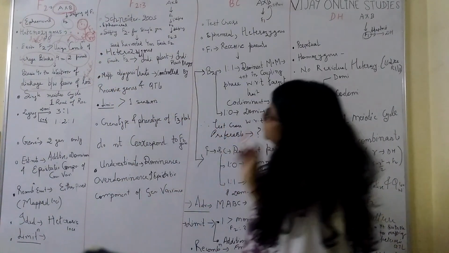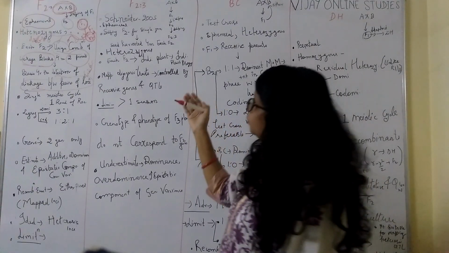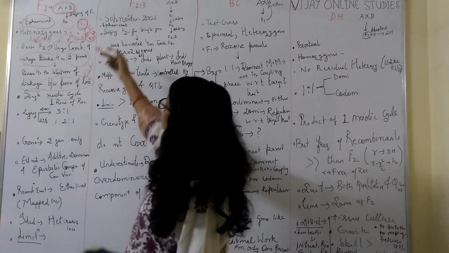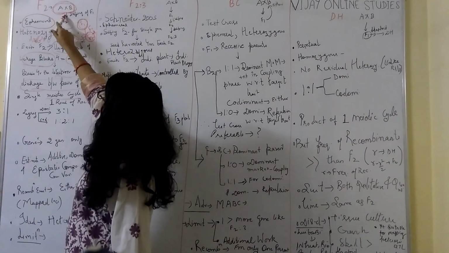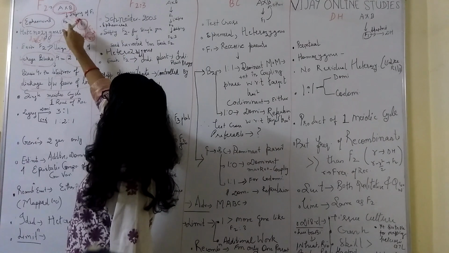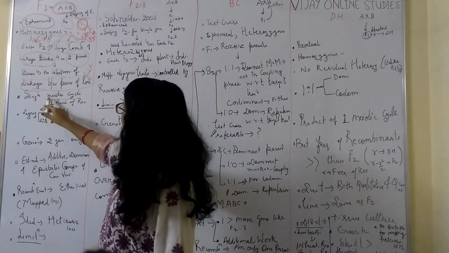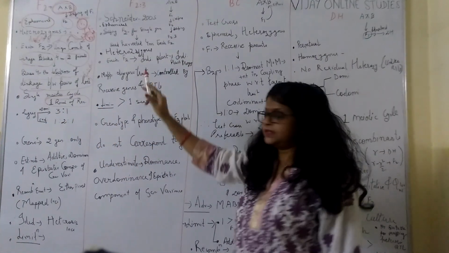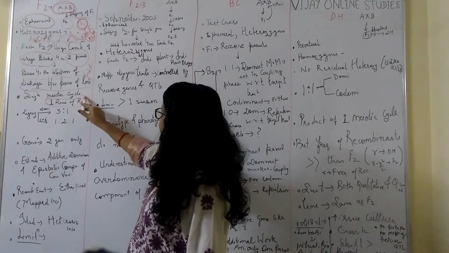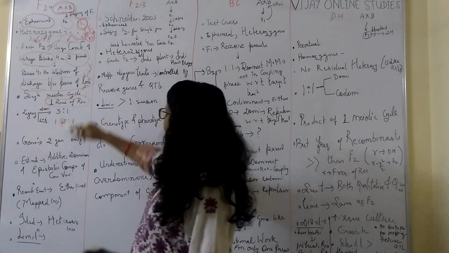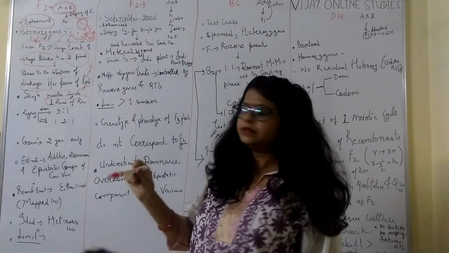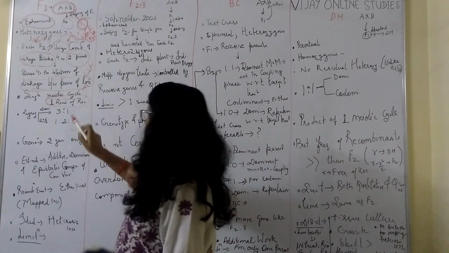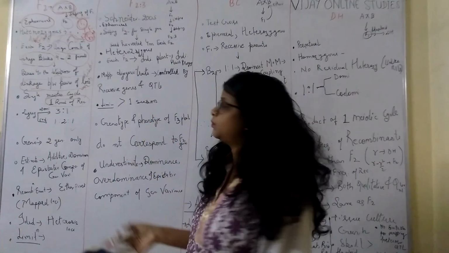Okay. So now this F2 mapping population, you obtain it with a single meiotic cycle. A cross B, when it goes to F1, that is a single meiotic cycle. That is one round of recombination. Only one round of recombination is taking place there, and that round of recombination only you will consider in mapping. Now, how does it segregate? Segregation differs with dominant and co-dominant markers because it is a heterozygous population.